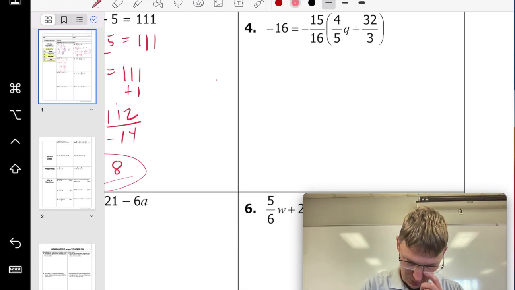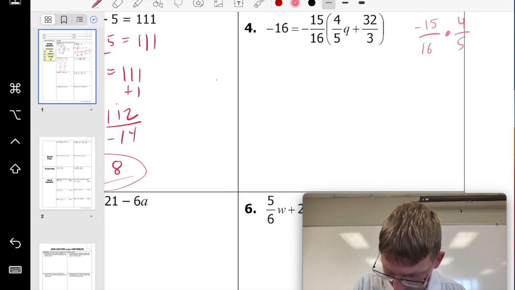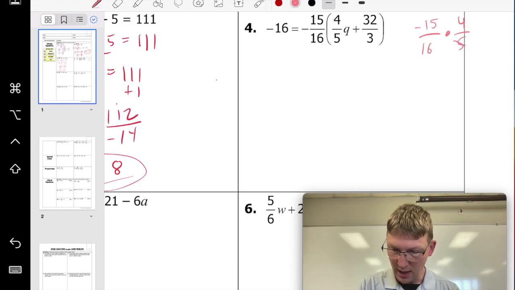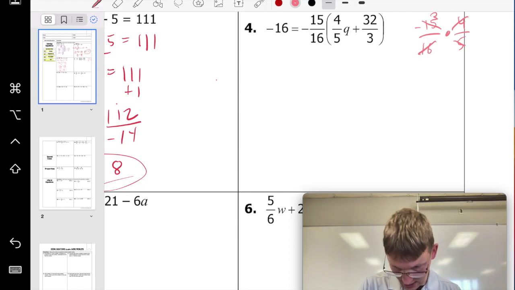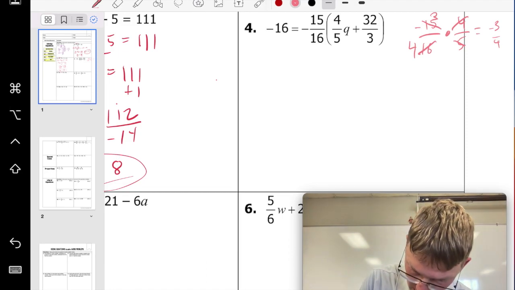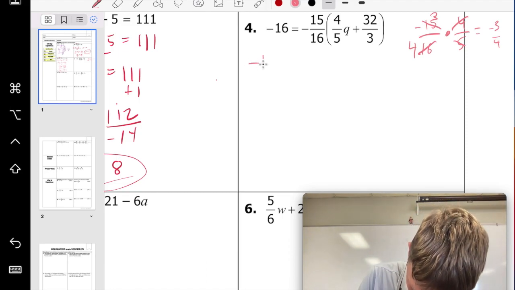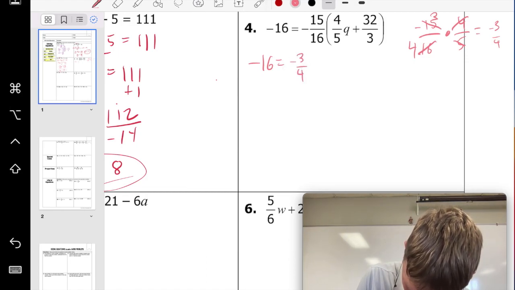So if we take this first one, negative 15 over 16 times 4 over 5. Remember, this will cancel out with that. That turns into a 3. This will cancel out with that. This turns into what? 4. So now we just have negative 3/4. So over here, negative 16 equals negative 3/4 q